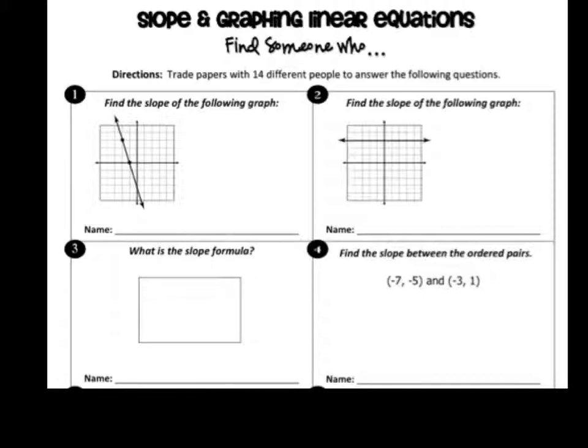And if you don't have your activity, then this is uploaded onto iTunes U, so you could look at it there, or you can follow along with what I'm doing. So if you look at number 1, it says to find the slope of the following graph. Well, as soon as you saw a graph and you knew that you were finding slope, you should be thinking